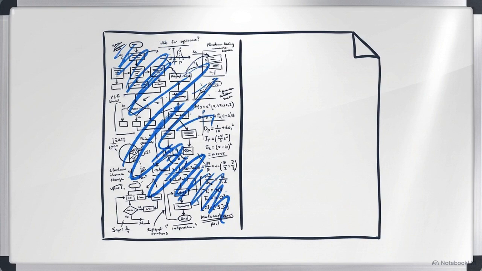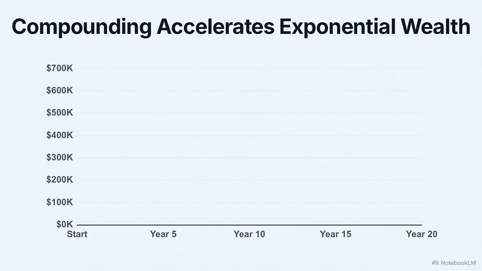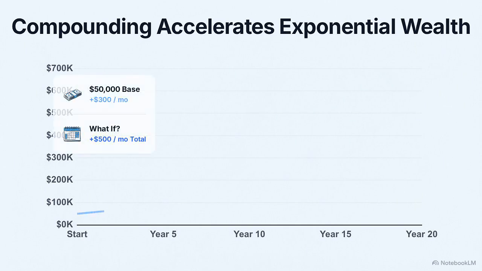Let's transition to the second column on your sheet. You drop the same $50,000 plus that $300 a month into a total stock market index fund at a 10% average historical return. This chart visualizes compound growth. The wealth generated by index funds grows in a curve, requiring absolute patience and zero physical intervention. The psychological difficulty of this path is obvious on the timeline. For the first 5 years, the growth is boring and slow. By the final 15 years, the gains on your gains begin generating more new wealth each year than your original